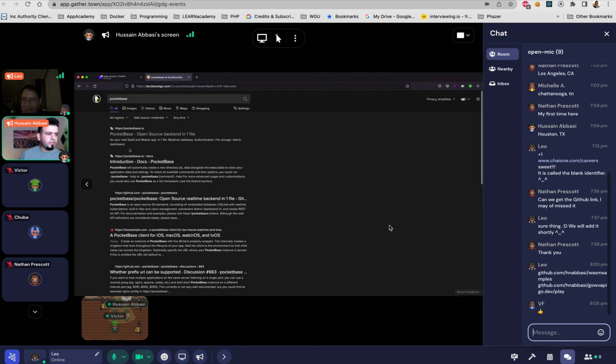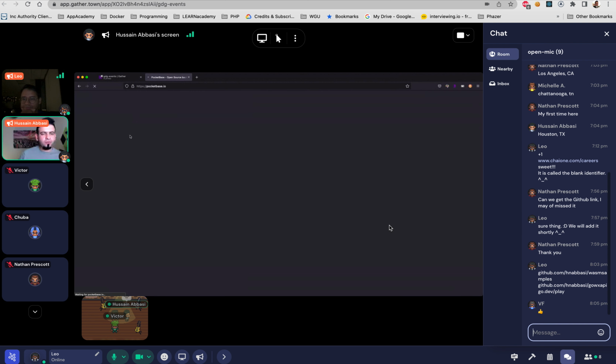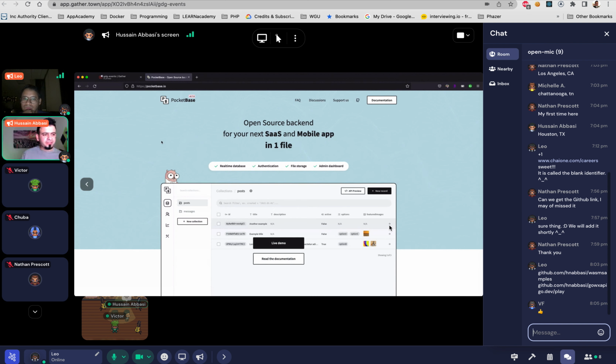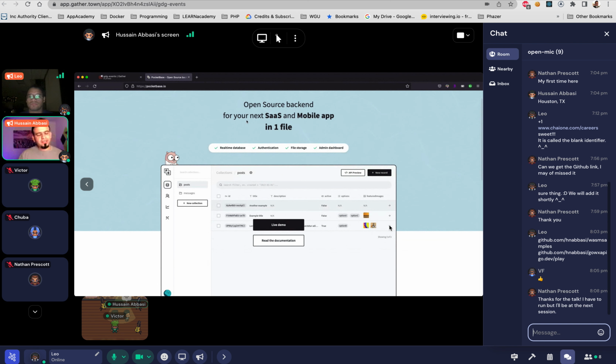If you are familiar with Supabase or some of the other base projects that are out there that give you a backend for your application, PocketBase is kind of new, but it's super famous on the Go side of things, where it's all built in. It's a whole backend that has your database, authentication, everything, and it's all a single file.